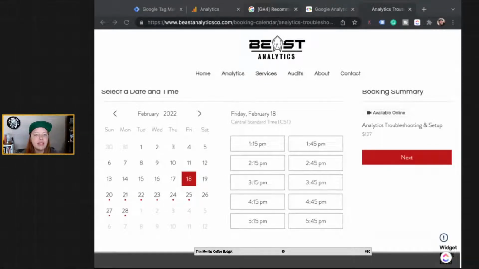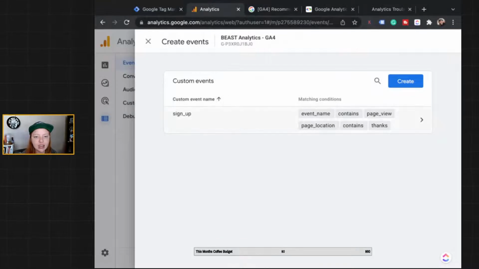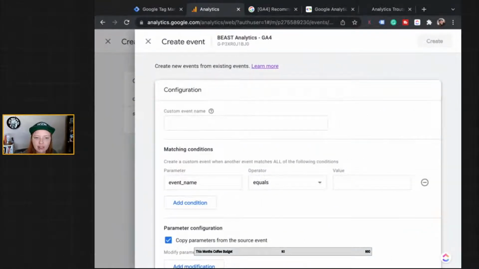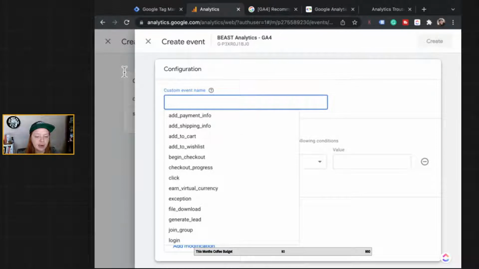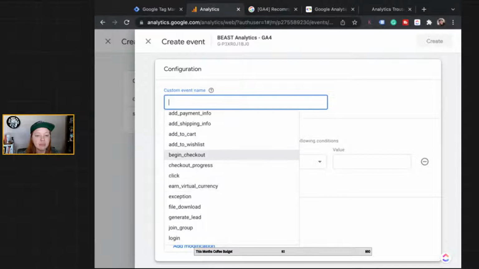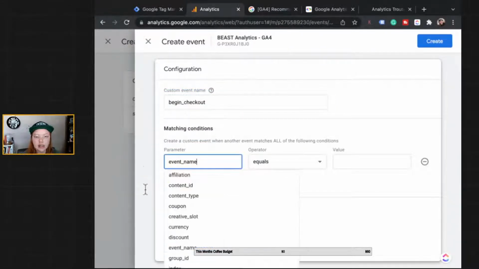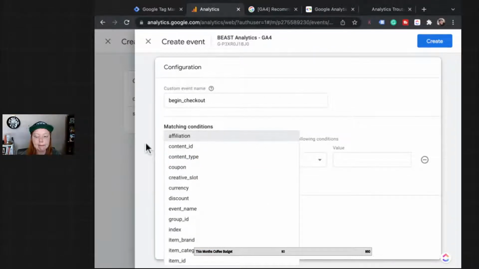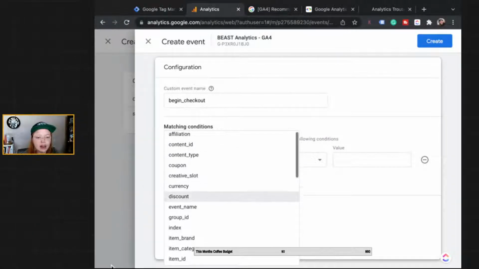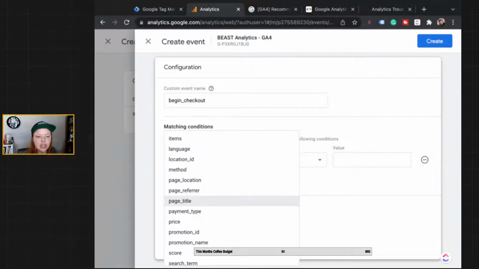Now, they do recommend that if you are creating events in Google Analytics, even if it's your own event, that you use a name that is already predefined by Google. So these are all of the things. I'm going to say begin checkout is probably what this event should be called. I don't know. We'll go with that. So if we scroll down, I want to find, so if the page location, which means URL,